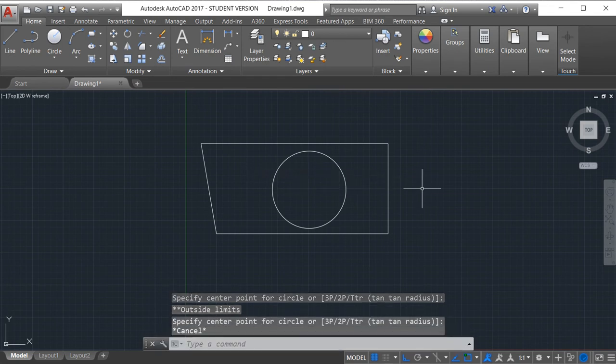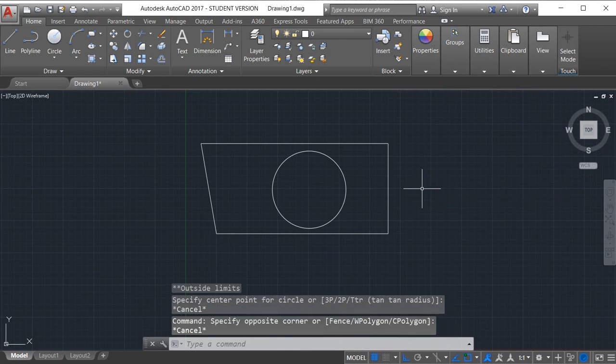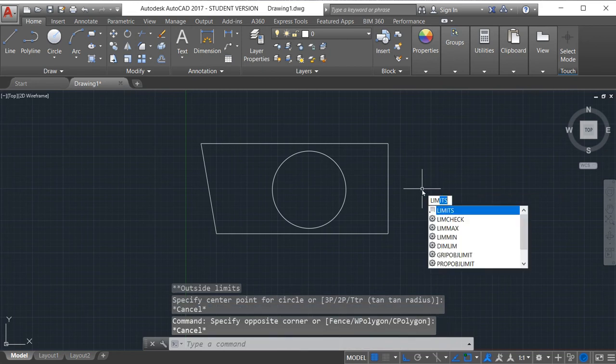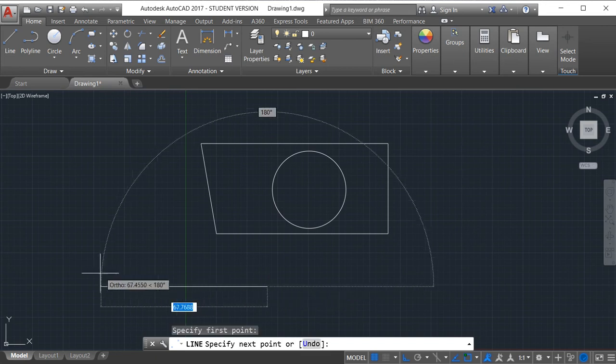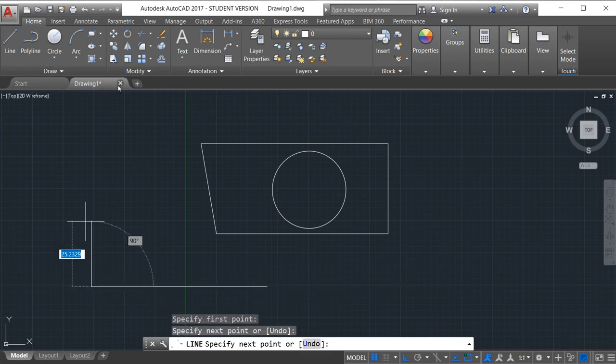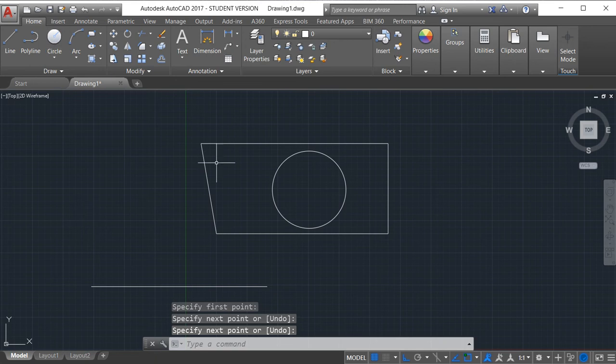Now I will type limit here, enter, and I will turn off the limits. Then I can draw anywhere, inside and outside the limit. See this, I will draw a circle. We can draw anywhere inside the limit or outside the limit.